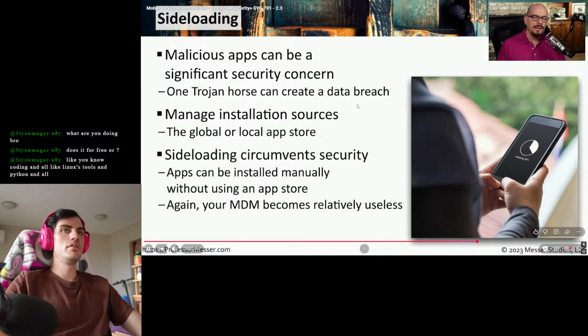either the company's global application library or a local app store. We refer to this ability of installing applications outside the scope of these app stores as side loading. So if a user does install their own firmware to be able to root or jailbreak this device, they would probably then be able to sideload any applications they'd like.